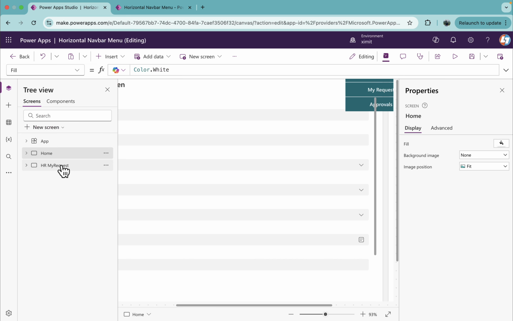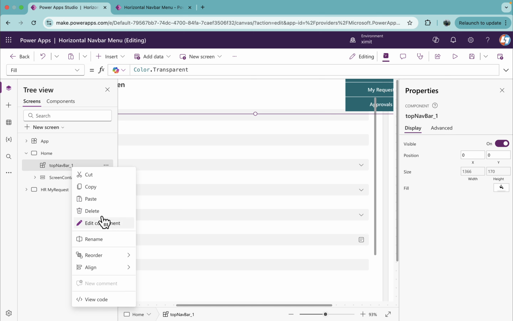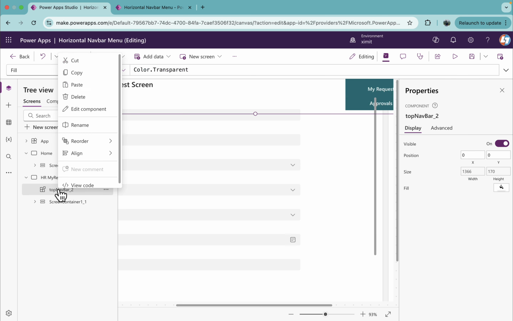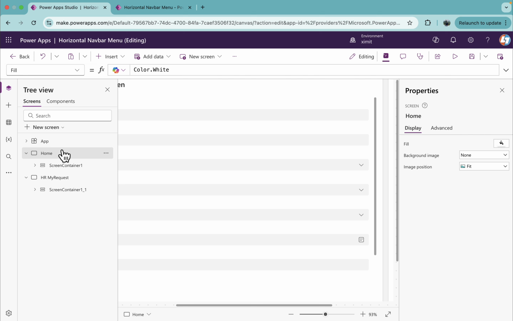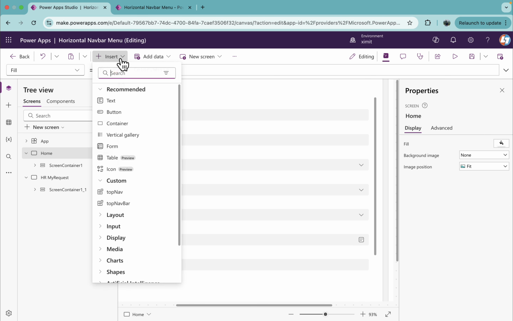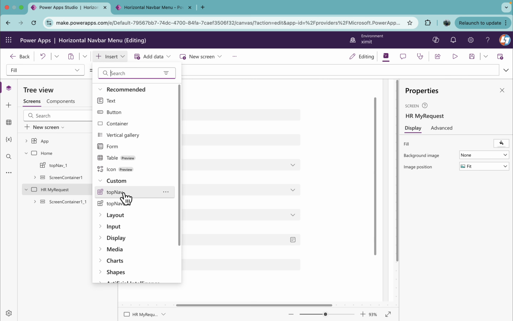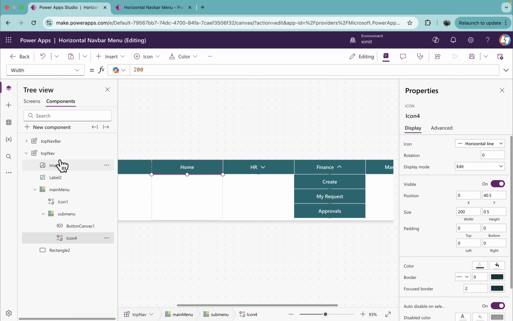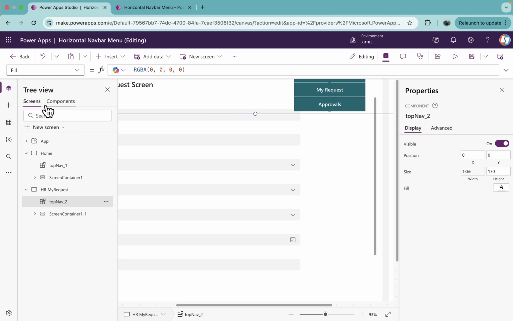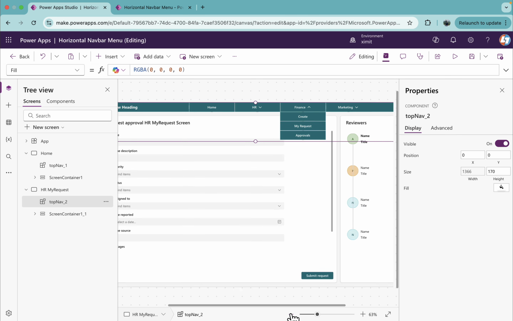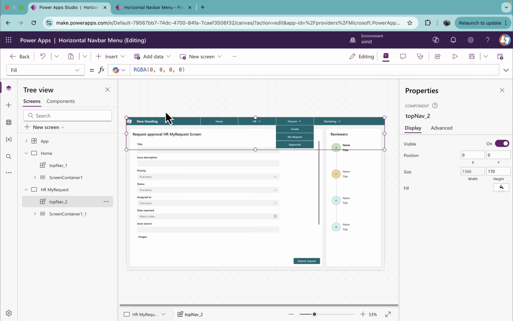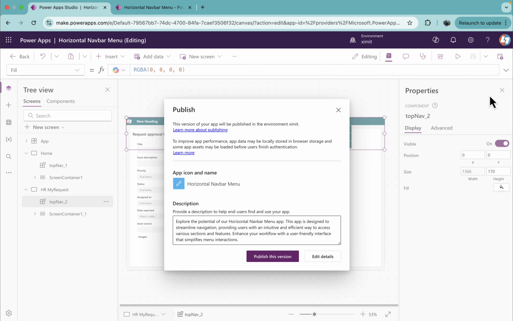And if I go to my screen now, we'll remove the original navbar that we have and add our custom top nav. You see, this is our top nav, and you can identify this by having a different heading, named as new heading. And if we see, it is working fine here. Now we'll save, publish,